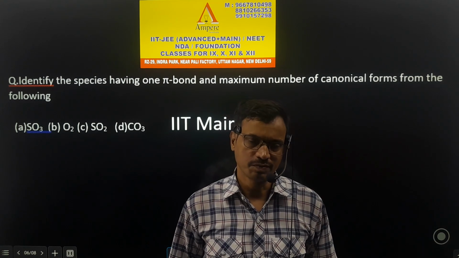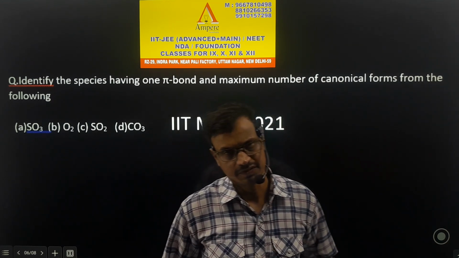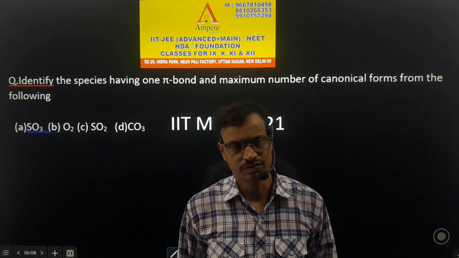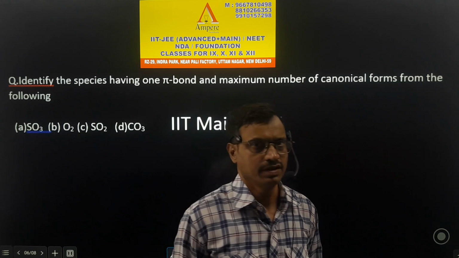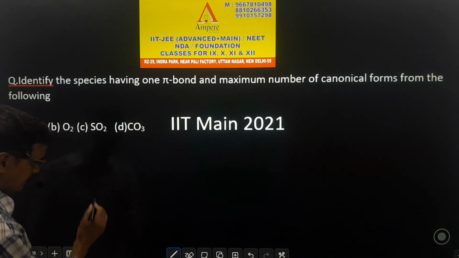Wherever there will be pi bond formation, from there may be dissociation of bond, and that is only the pi bond. And wherever there is a lone pair of electrons, those lone pairs will be involved in bond formation, and that is pi bond formation. So let's see. In SO3 sulfur,